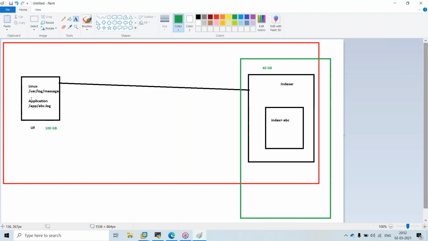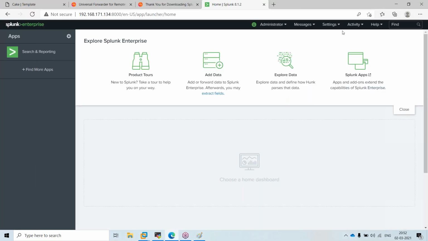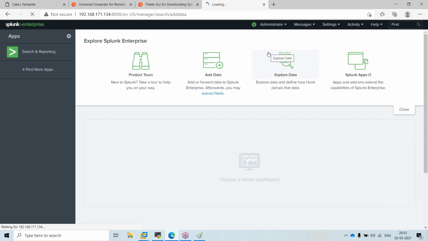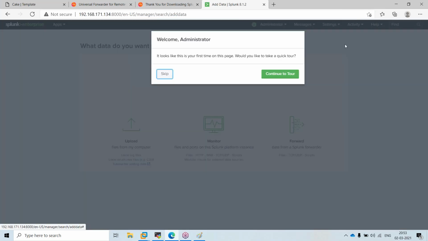Where you have this software, the universal forwarder, for our development practices we don't require these things. For us, the prerequisite is that the data should be present here. So if you load the data here directly, any log file you have should be sufficient. For that, I'm clicking on Settings, clicking on Add data. I'll just select the file.